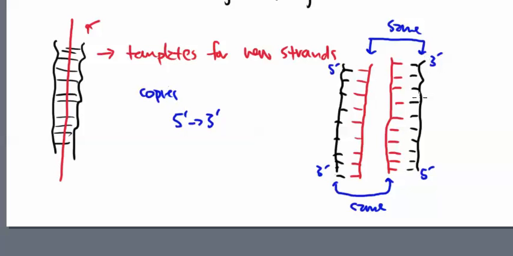Now on this side, this was the complementary of the original. It went from 3' to 5'. So if we start up here at the top, this is a 5' end, and this can go to a 3' end, and we can actually get the replication to happen much smoother that way without any problems at all. So this is a 3' and this is the 5' here. Okay, so 3' to 5'. We'll take a look at that in the next slide. We've got basically a picture in the PowerPoint for you to maybe convey this message a little bit better on why 5' to 3' is so important.